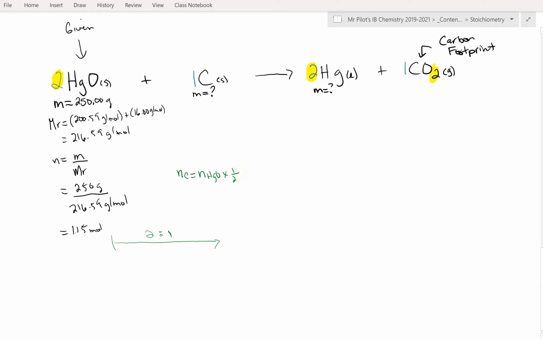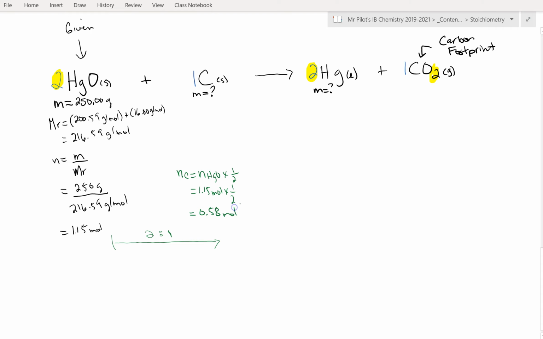I always tell kids, you multiply by where you're going to and you divide by where you came from. So we're going to 1 and we came from 2. I take my 1.15 moles and multiply by 1 over 2 and I get 0.58